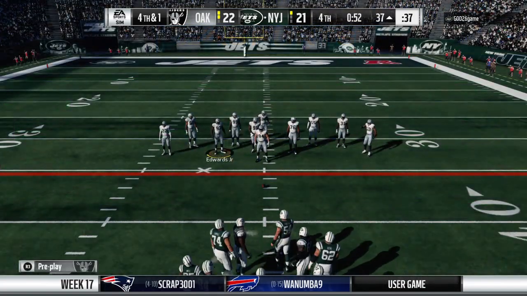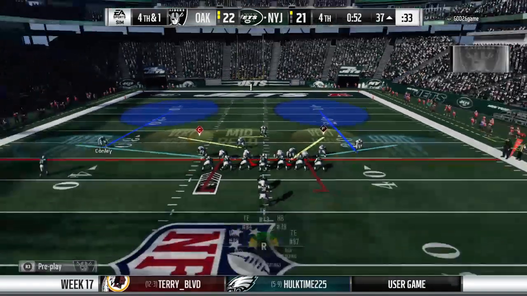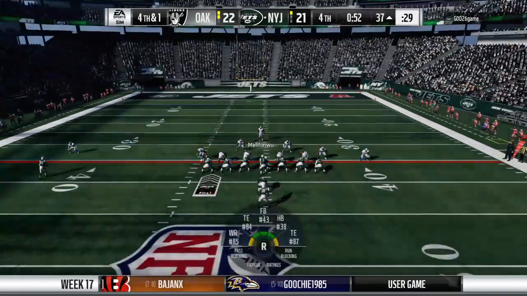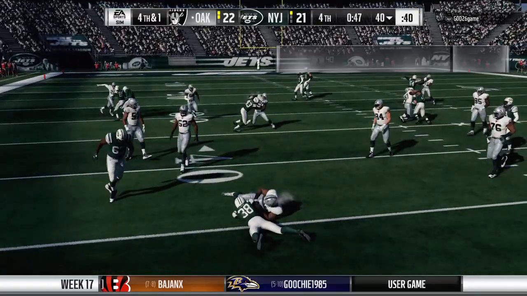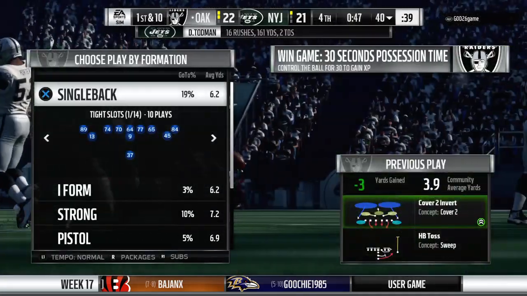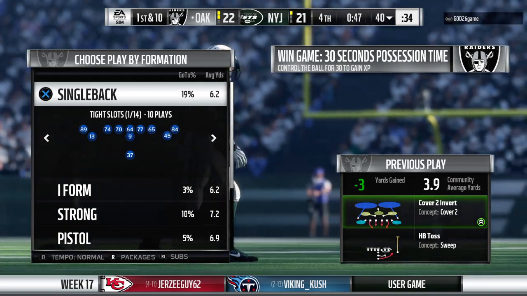One score down. Here we go. They're going to go for it here on 4th down. Get ready. Let's go. Now they'll run it on the toss. And this doesn't end well at all as they stop him far behind the line to gain. They had to go for it with such little time remaining, and that's going to be just about all she